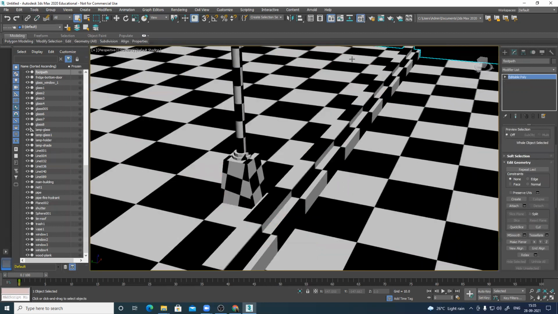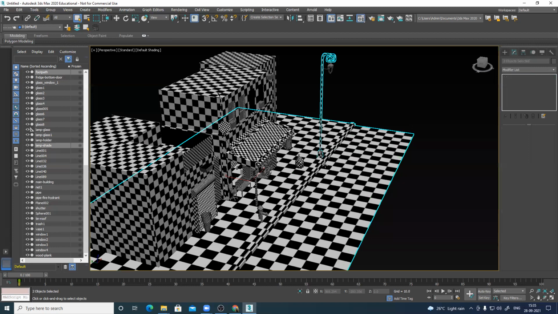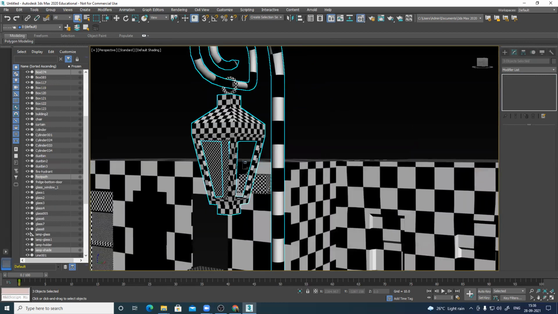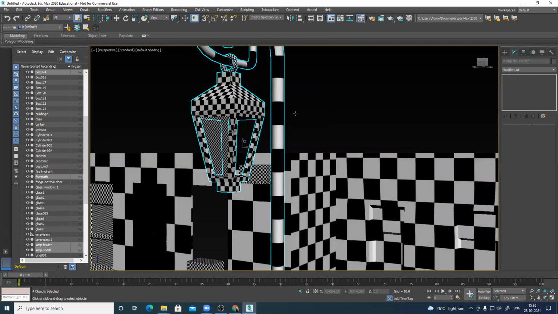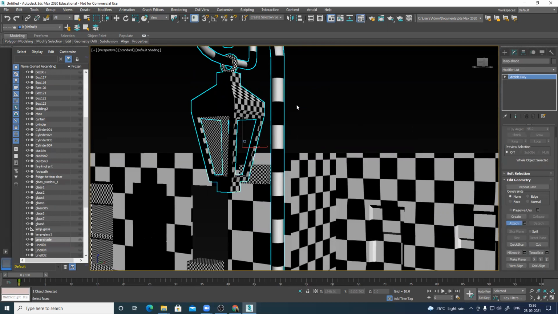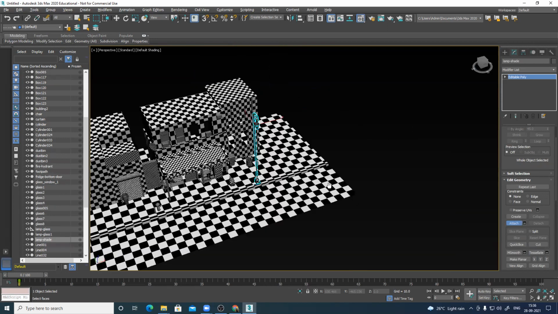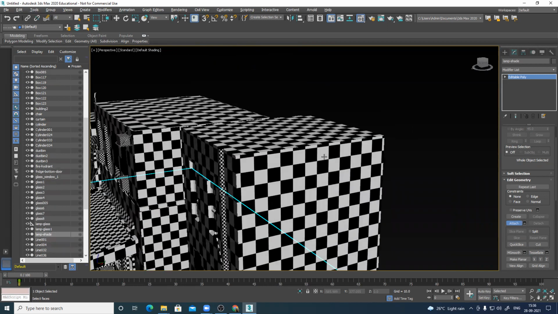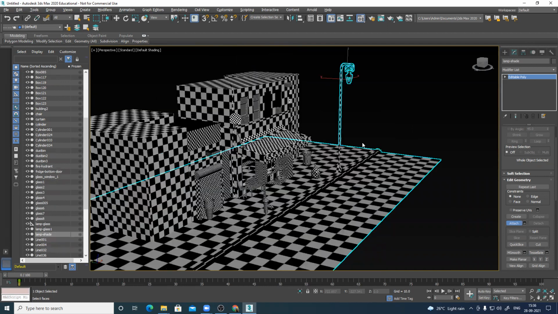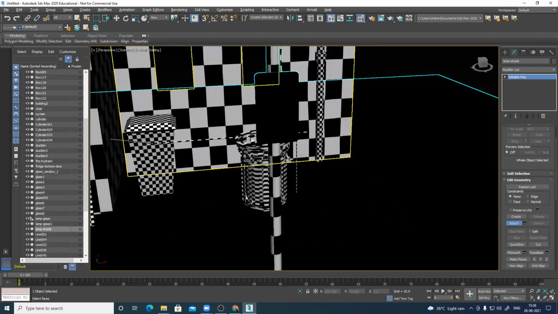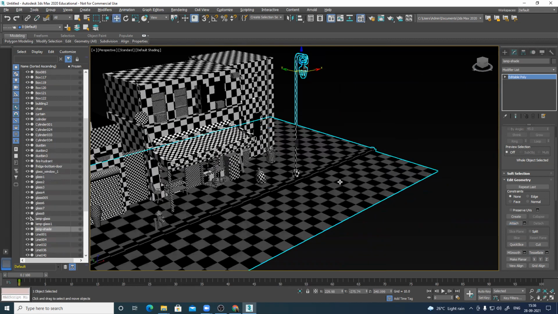Select this and select this. Select this also. Everything together. This also. So that means I need to combine them also. So based on the surface material, combine them always. And there was something else, yeah, part of this.